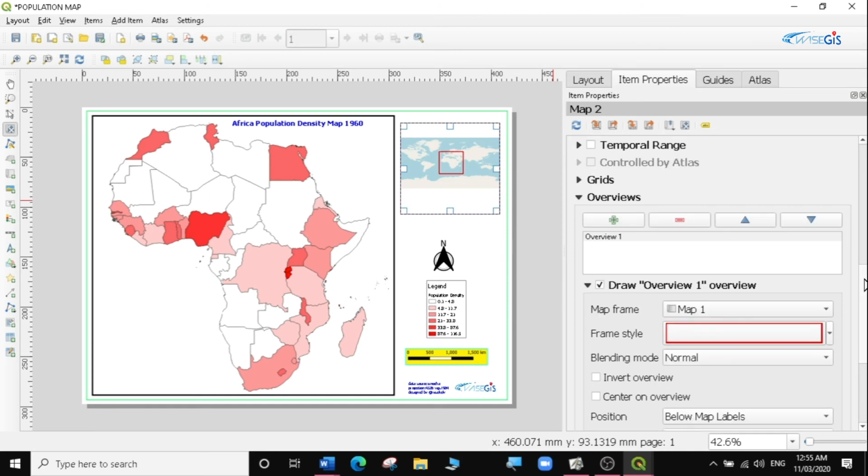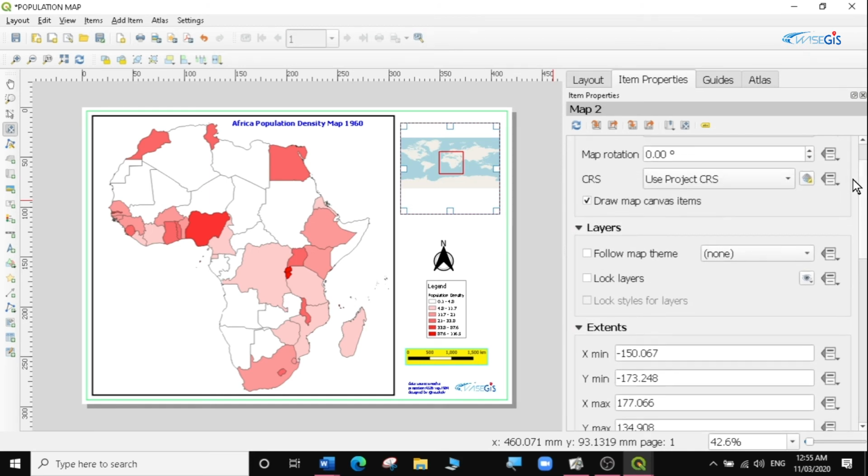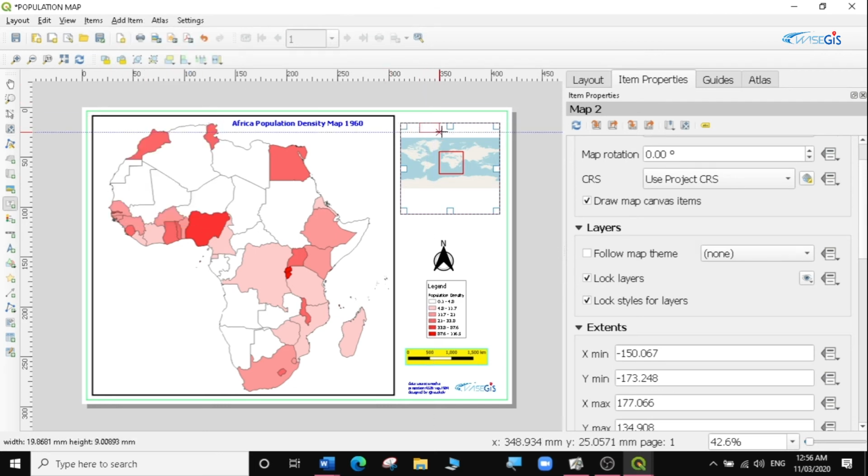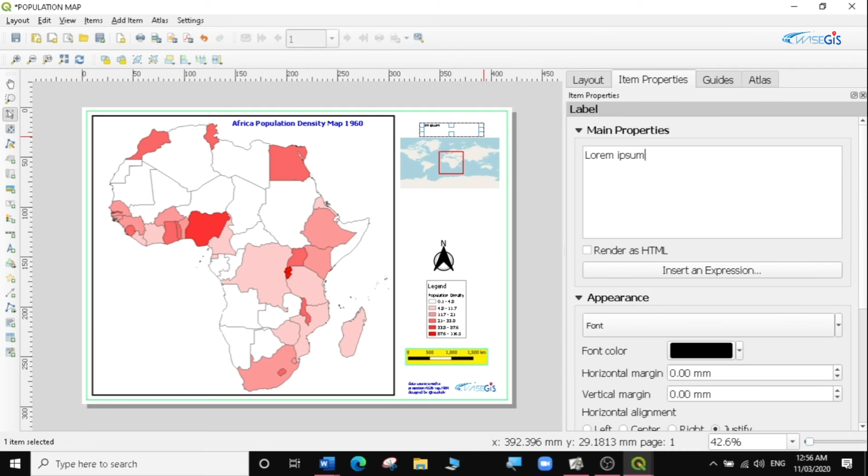And then I'm now going to do this. Because I'm not going to do any other edits here, I'm going to lock the style and lock even the layer style. Then I'm going to now have a title for this. I'm going to say it's a locator map or an insert. It's up to you to decide what to call it. So I'm going to add a label. I'm going to add the label here. And then I'm going to call it